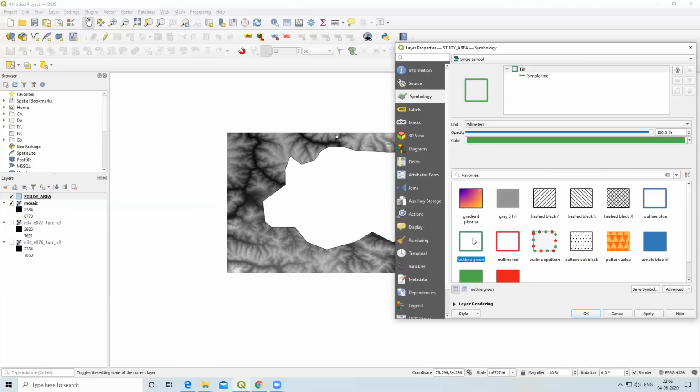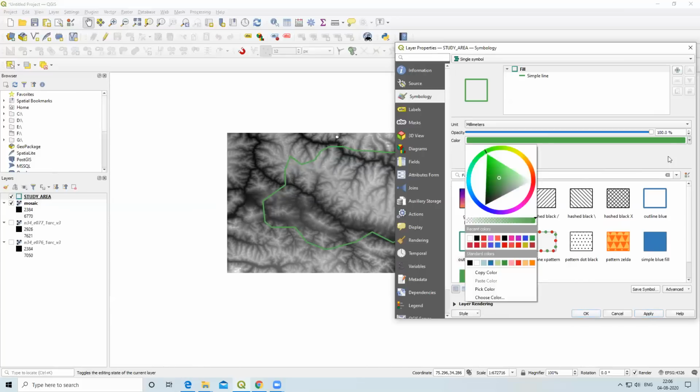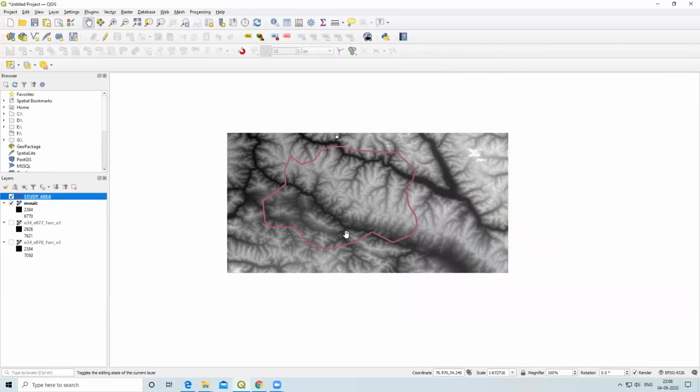We want only the outline. We don't want the inside feature. So I'll click on outline and I'll apply. Now if you want to change the color of this, we can change, no problem. Okay. So this is our outline, and we want the area in between this shape line or shapefile.